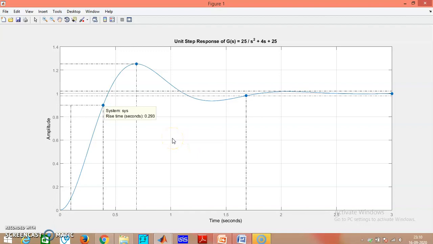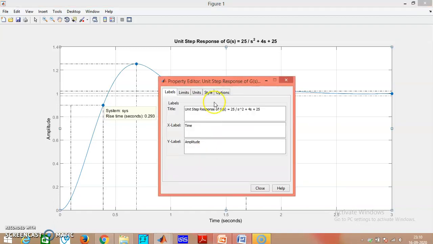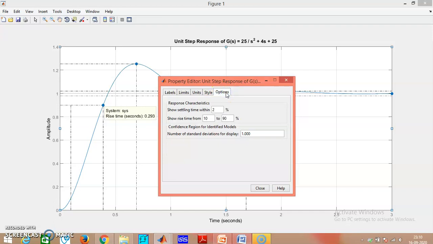Now, if you want to change the measurement of rise time from 0 to 100%, then just make a right click on this image file, go to properties, then go to options. You are finding show rise time from 10 to 90%.